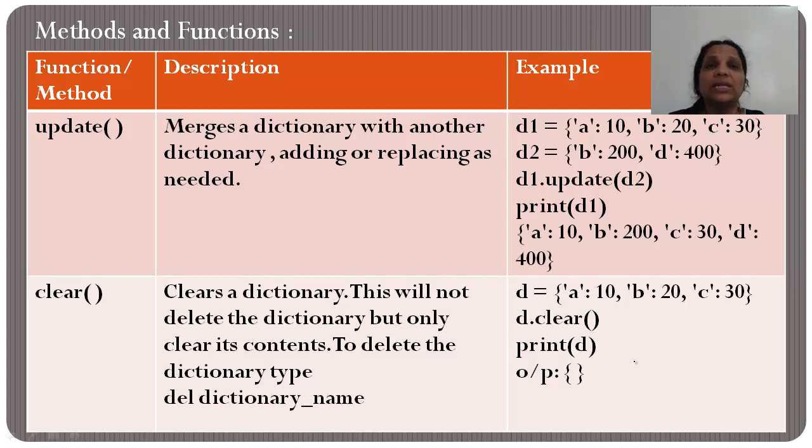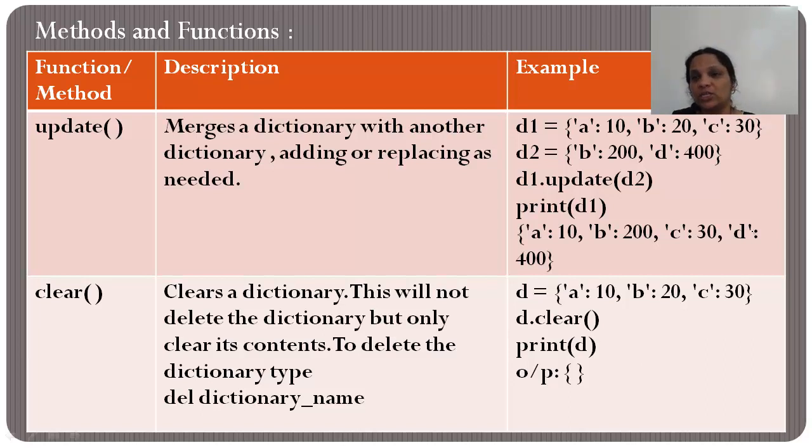Now what does update let us do? Suppose you have two dictionaries and you want to merge them. It allows us to merge them. But while merging, there is a possibility that both the dictionaries have one or two keys which are similar. Then what happens? Because we have learned that in a dictionary, one particular key can appear only once. Values can be repeated, but keys cannot be repeated.